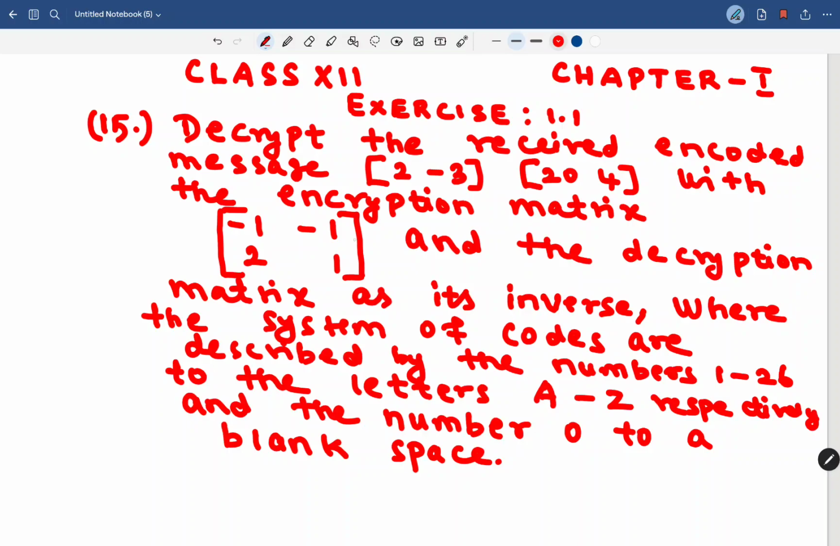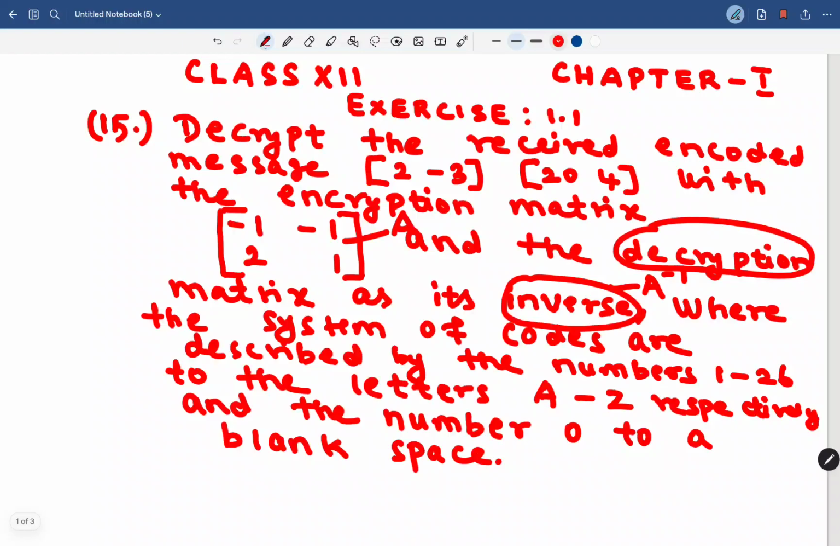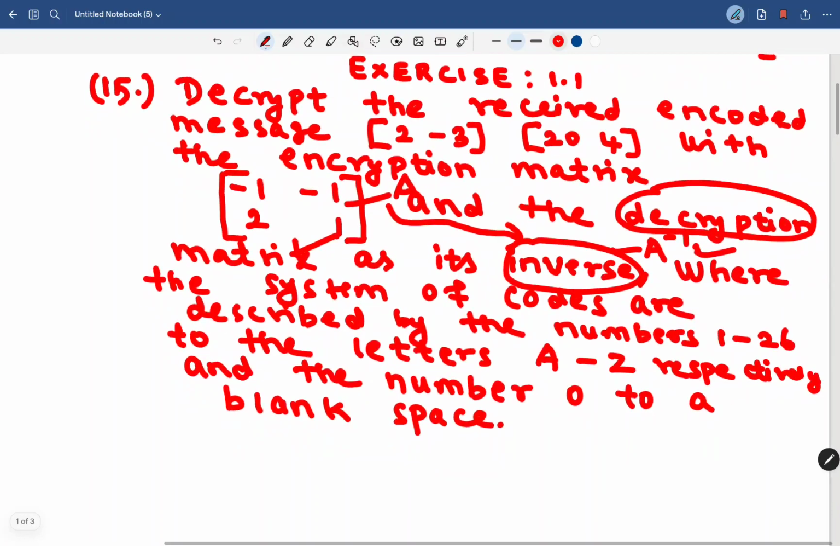If I take this one as A, this A denotes the encryption matrix. For this encryption matrix, its inverse, that is A power minus 1, will be the decryption matrix. First of all, from A we have to find A inverse. Solution: